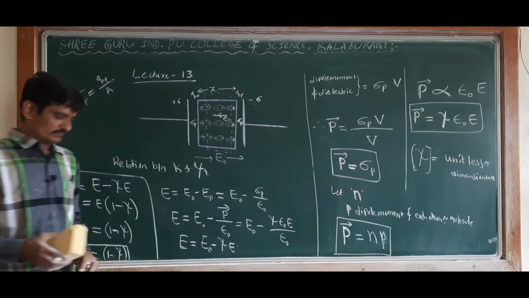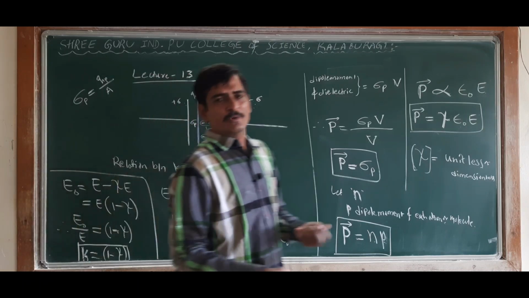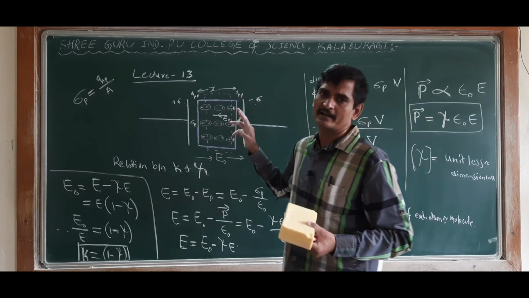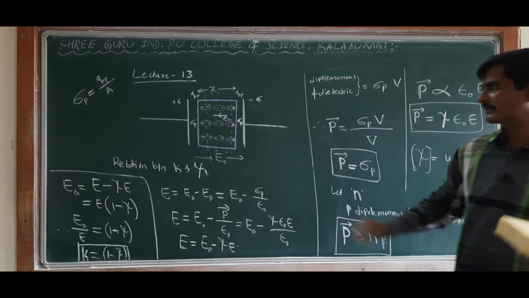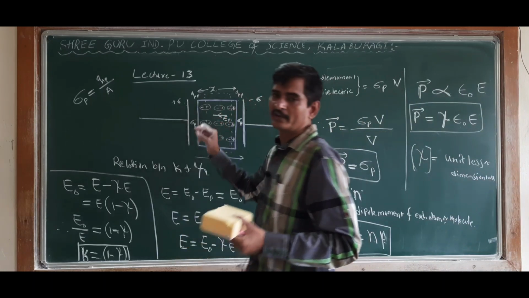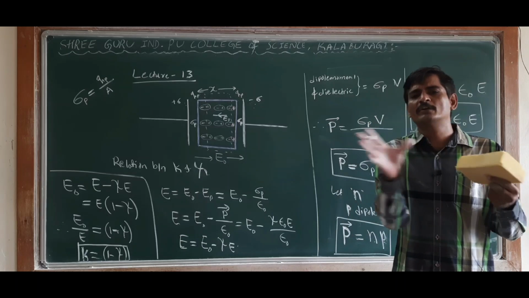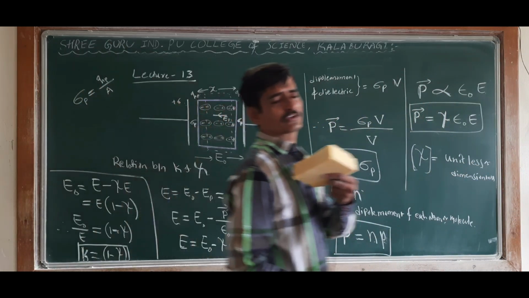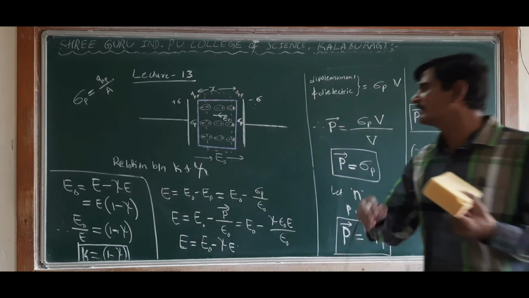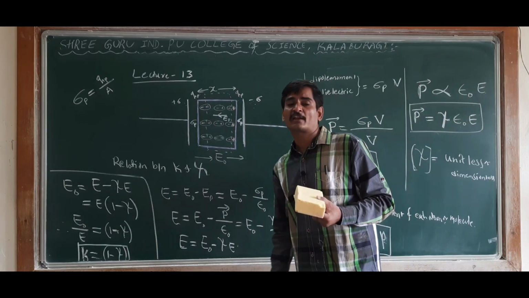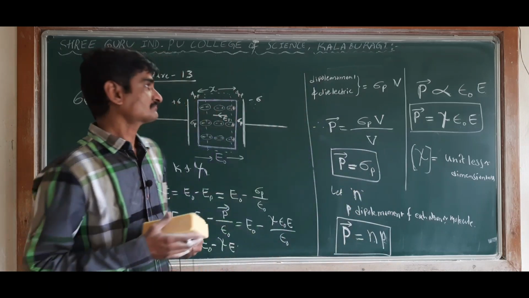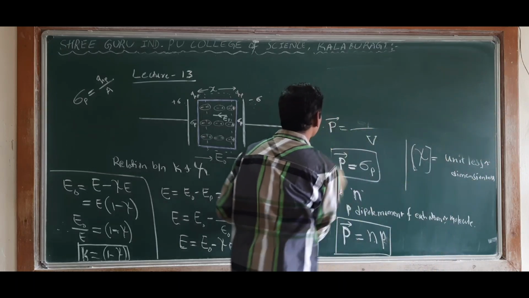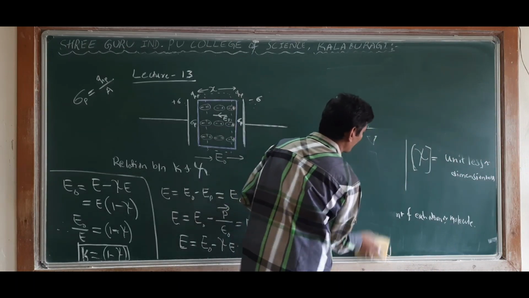Okay. So now further, we know that when an external electric field is applied to a dielectric, the dielectric gets polarized. That is, each molecule or atom will experience a force, so positive charge and negative charge get separated. Okay. So now what happens if a large amount of electric field is applied? If the external electric field applied is very large, let us understand what happens.